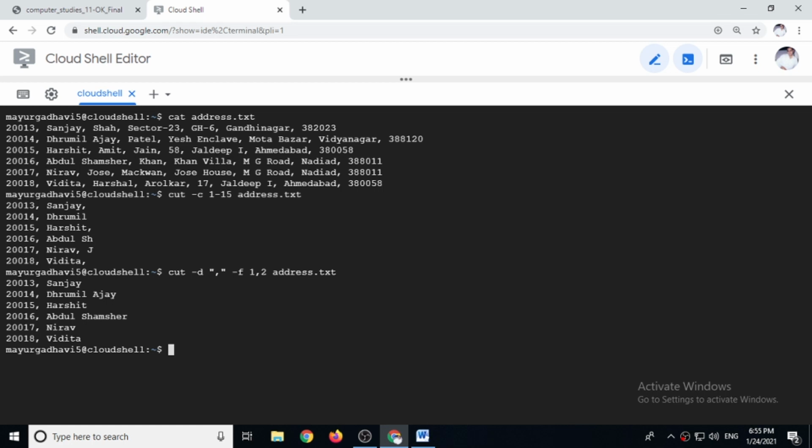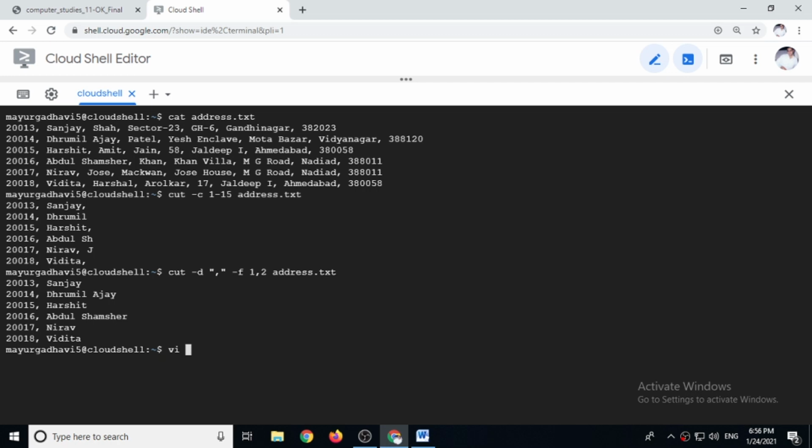So this way we can display information. See, while storing data there is a mistake. You can see here after Drumil this comma sign is not given. Same way after Abdul, here also comma sign is not there. So let's correct these two mistakes.